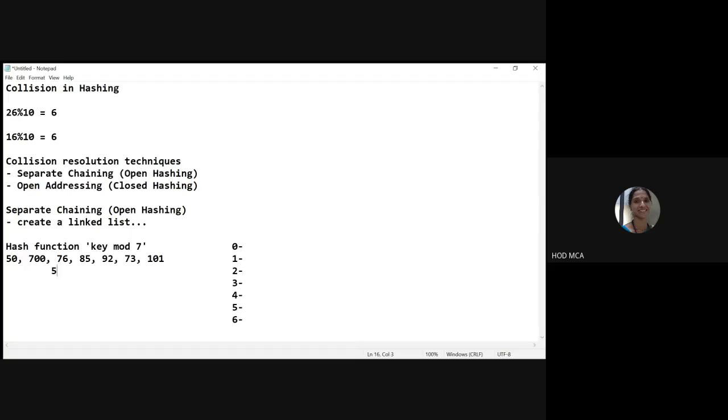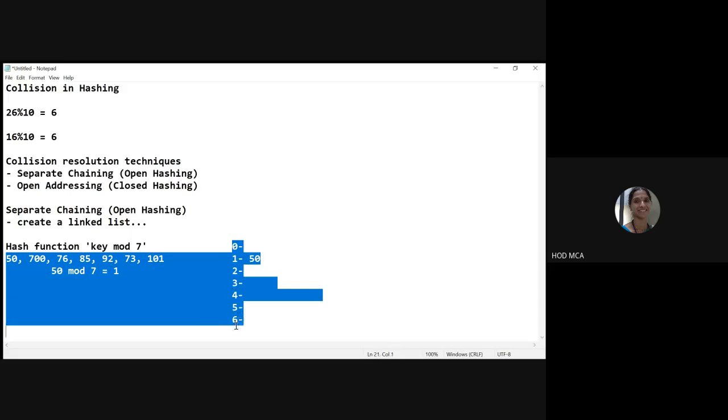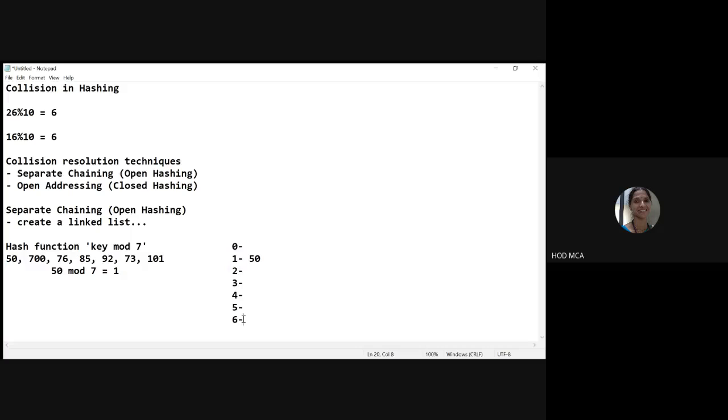First one is 50. 50 mod 7 is 1. So in the first location you are going to store 50. This is my hash table. Next, 700. 700 mod 7. Mod means you should take the remainder, don't go for the quotient. 700 mod 7 is 0.